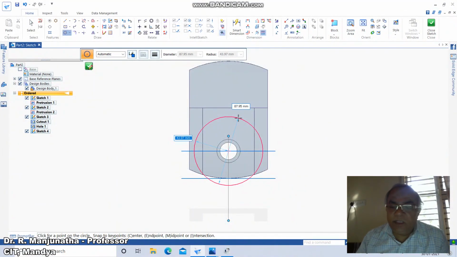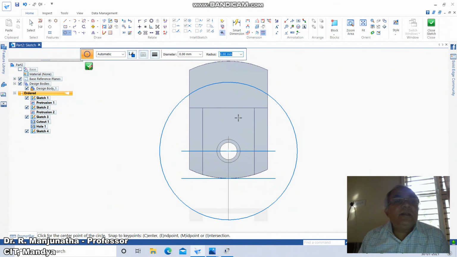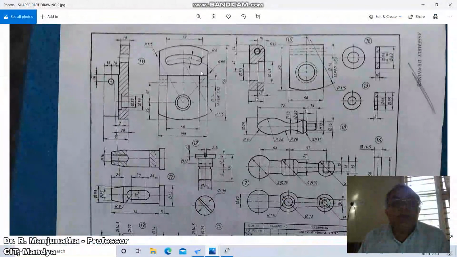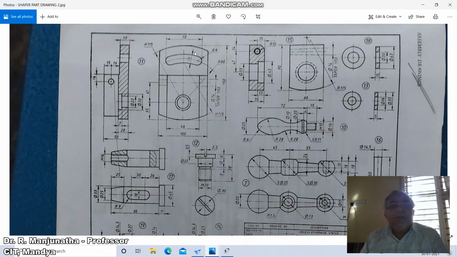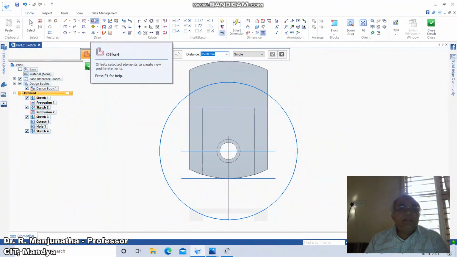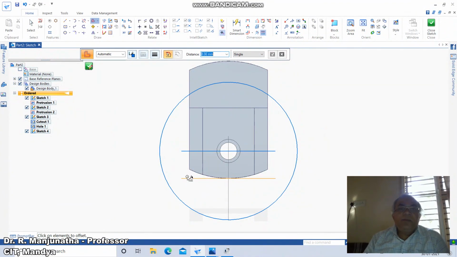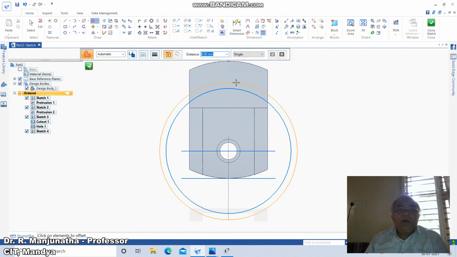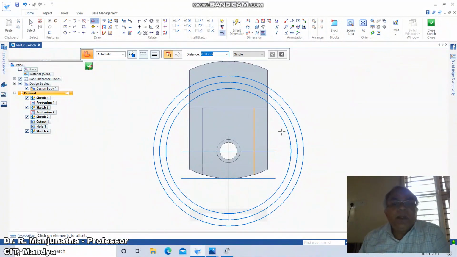So you take the radius as 88, then go to offset, and then this dimension is taken 16. So on this side 8 and this side is also 8. So go to offset, take the distance as 8. You take this circle down, and also this circle up. Then go to